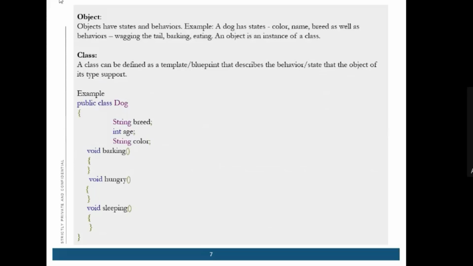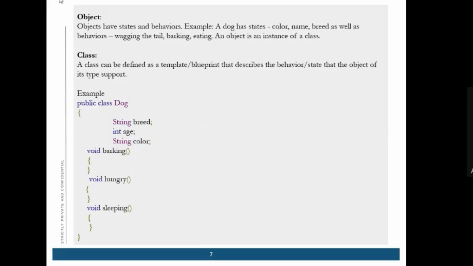You can identify a dog by its color, name, breed, as well as its behavior. Behaviors are like wagging the tail, barking, eating. An object is an instance of a class. By example, an object can be a dog, its states can be these many things, and its behaviors are like these many things.